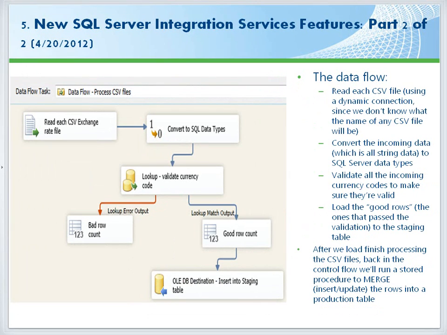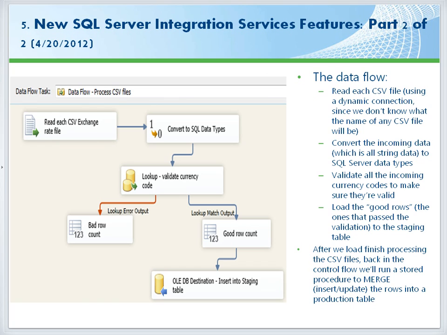And then in the data flow, which is going to run for each file, I'm going to open up each CSV file not knowing the name of it. So I'm going to have to implement something dynamically here. I'm going to convert the data to SQL Server data types, and then I'm going to do a lookup into